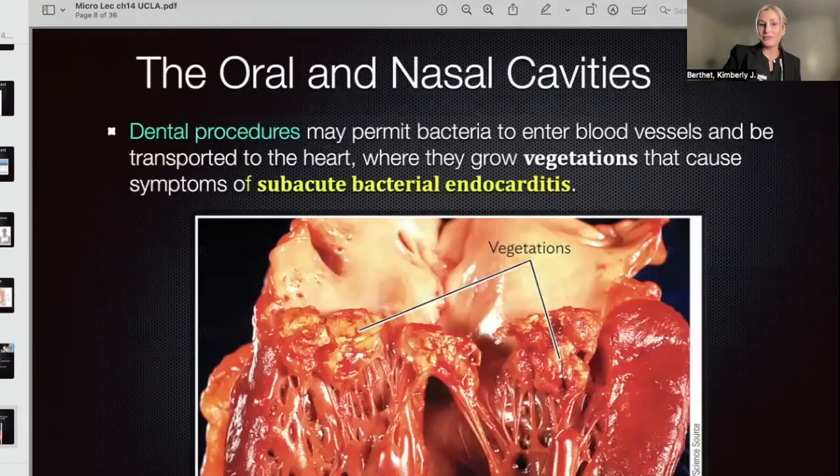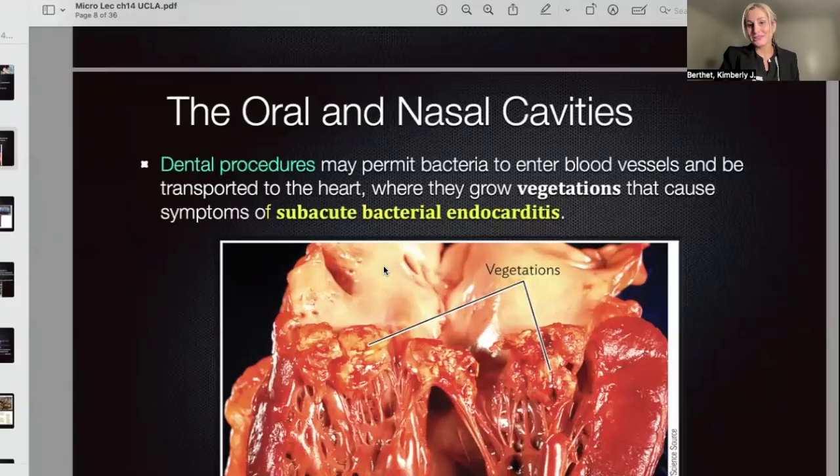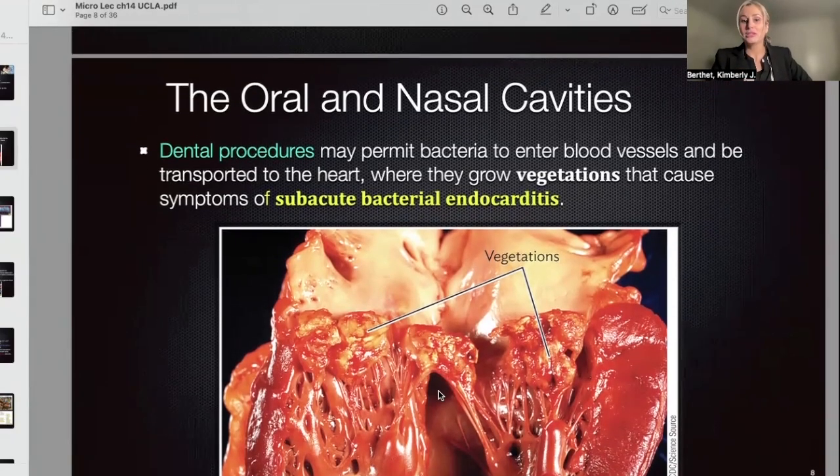Okay. Oh, got a graphic picture coming up. Looking at microorganisms, we know microorganisms can move from one place of the body to the next. Looking at dental procedures, if we get cuts in our gums, if we're breaking off plaques of bacteria, we know we have all those biofilms building up on our teeth, those plaques. If they break off during a dental procedure and get into the vascular system, into the blood system, it can move to the heart and it can take on a vegetation where it grows on the heart, and that's what we're seeing here. So it can be very dangerous.